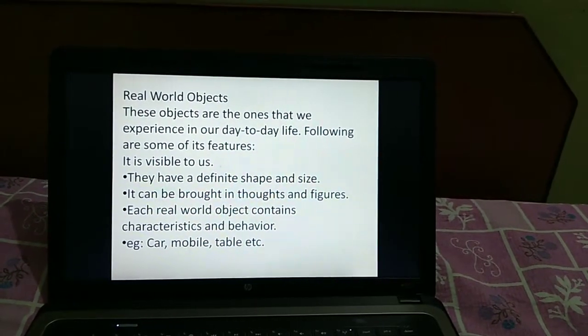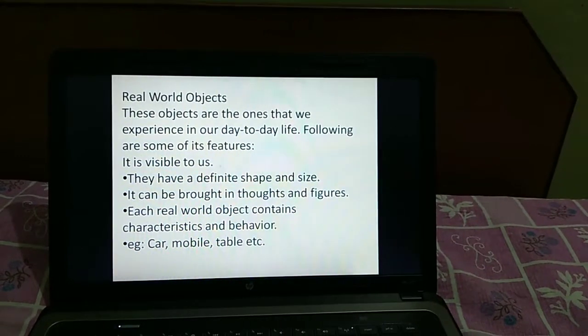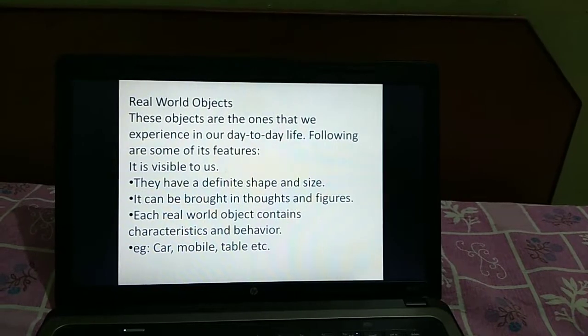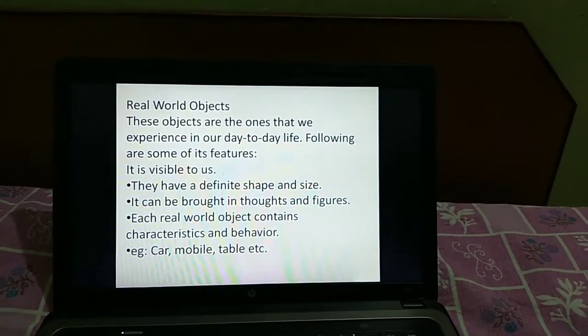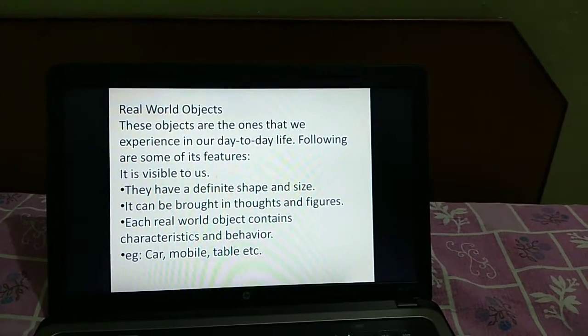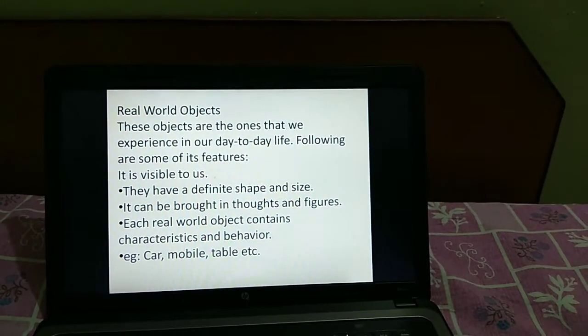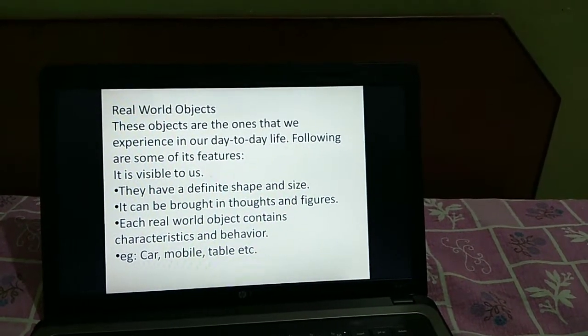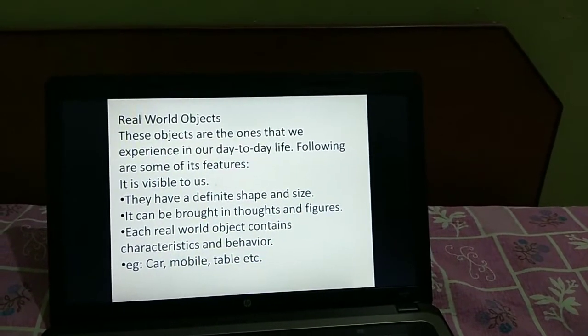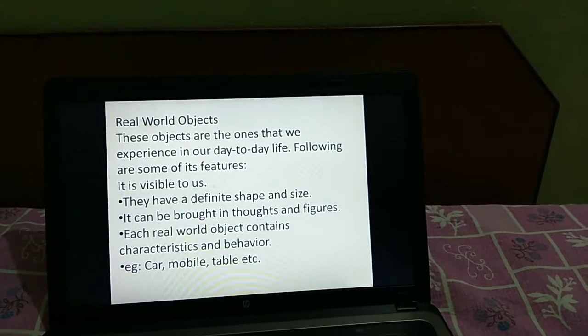Examples are a car, a mobile phone, a table, etc. For a car, the car is an object, and it can be divided into characteristics as well as behavior. Characteristics means types of cars, types of mobiles, names of mobiles.